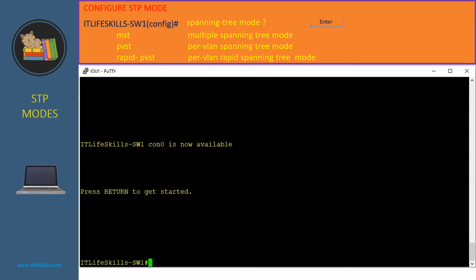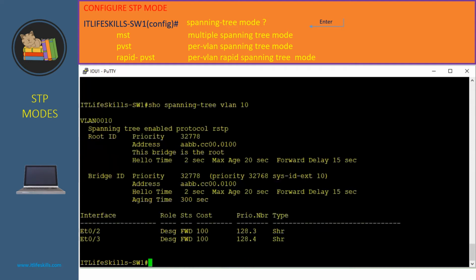Let's do it in IT Live Skill Switch 1. Here we are at the privilege mode. Let's do the command show spanning-tree VLAN 10. As you can see, the protocol in use is RSTP. However, we see that it uses extended system ID for VLAN 10. So this is actually the rapid PVST or per VLAN rapid spanning tree mode being used on IT Live